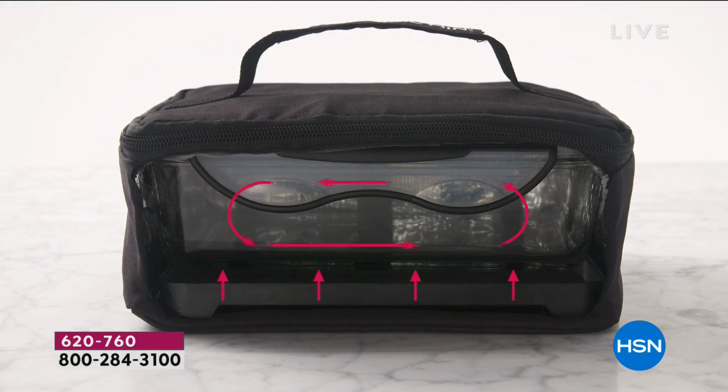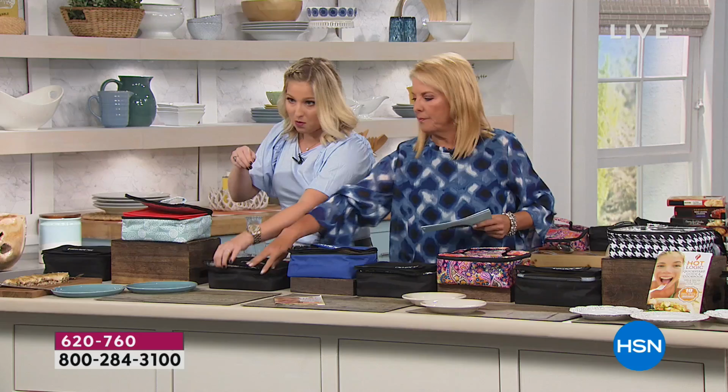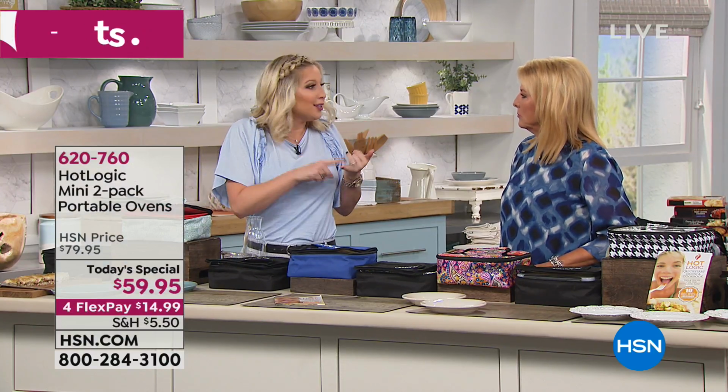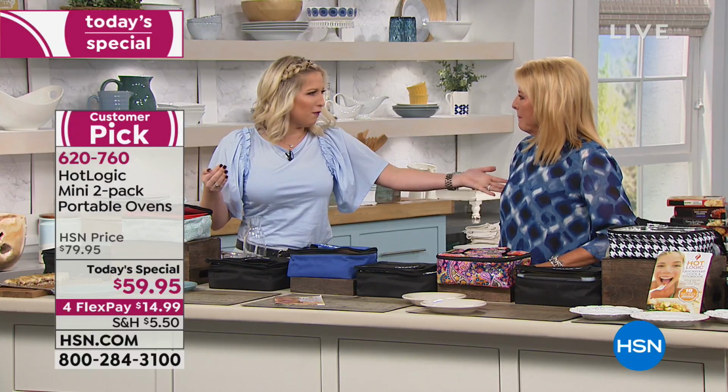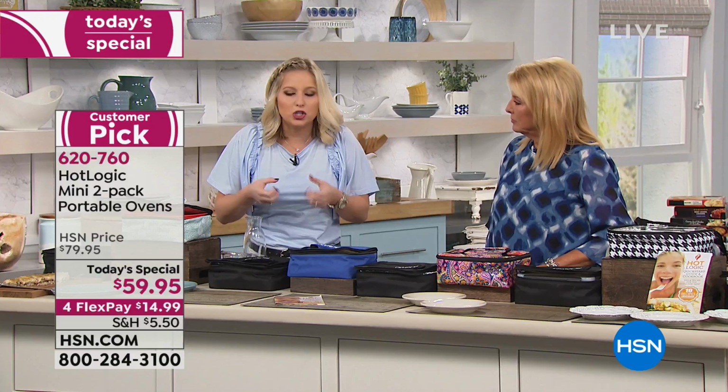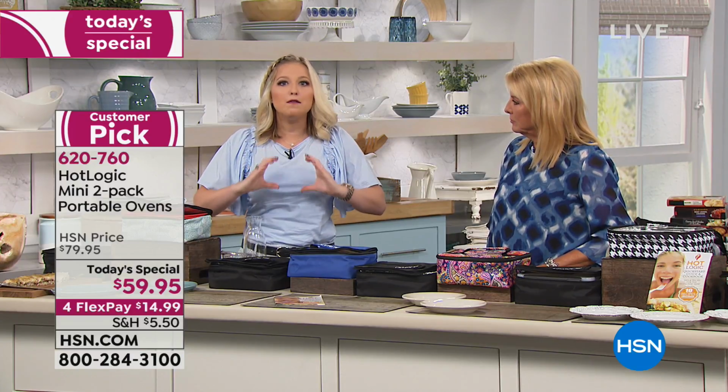Let's talk about how it works right here. We're seeing the animation. There it is. So there is that hot plate at the bottom. It's using even conductive heating, okay? So throughout the unit itself, it's gonna lock in that moisture, keeping that heat. That's why, Suzanne, when you walked in, you didn't smell food, did you? No, I didn't at all. There's a reason for that, because it's trapping in that moisture, trapping in that heat,